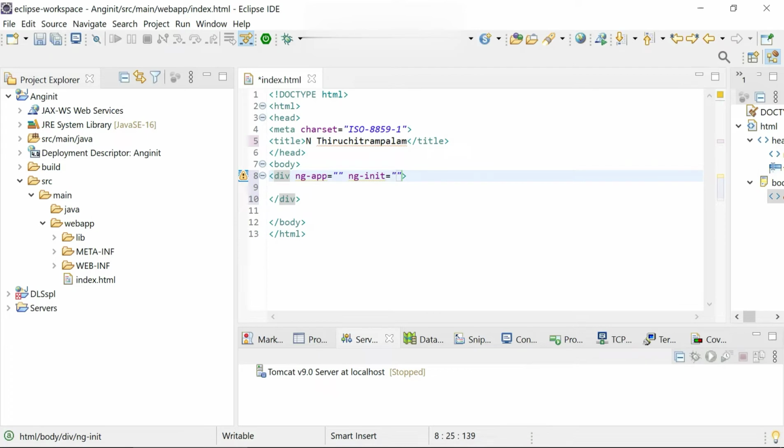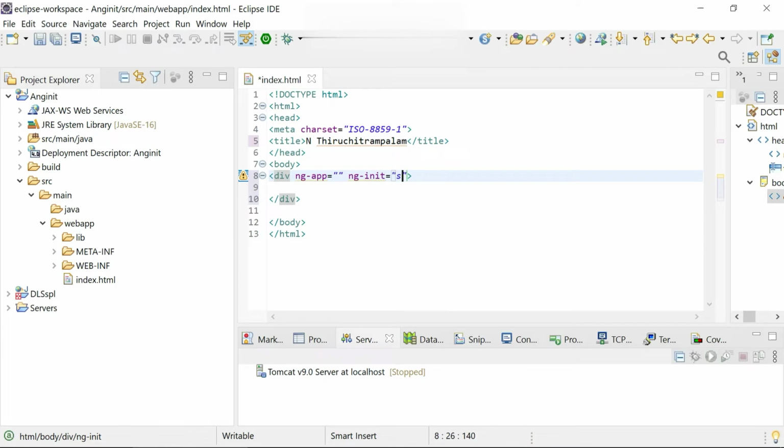Within double quotes we need to give the property name equal the property value. So ng-init is the attribute name, then equal, and then within double quotes give the property name. The property name I just give as state.